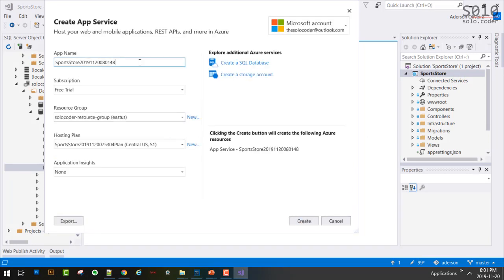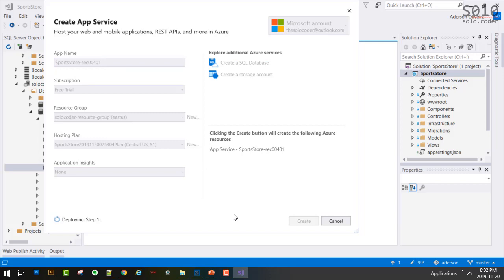That's okay. Okay, so what happened, most likely it created the app, but it didn't finish the whole deployment, so I'm just going to say 01 here. I'm going to keep the rest as is. I'm going to create again. Let's see if this time around it will work. Again, it's very common when working with Azure for things not to go as planned the first time around. So you try again.